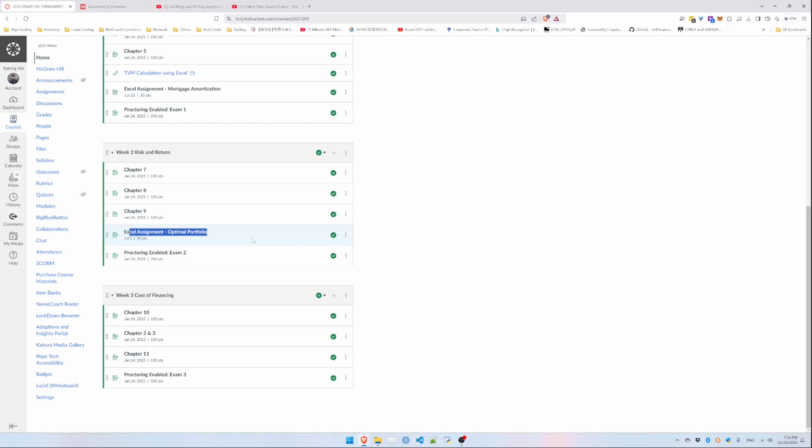And after each session, I'm gonna make these assignments available so that you can submit your own Excel that's handling different data but doing exactly the same stuff. So you're going to be doing exactly the same thing I am going to do during the synchronous sessions, and you're just using a different set of data. Okay, so that's the 3 components that's going to make up your total grade.